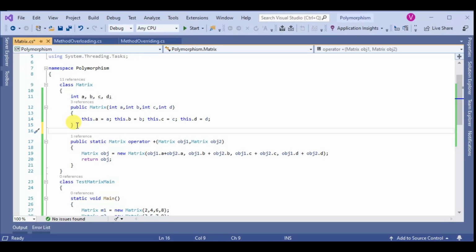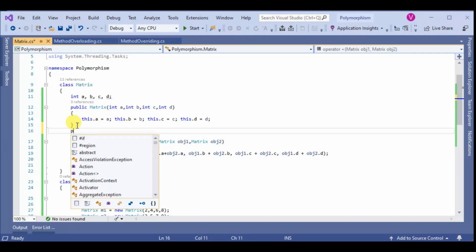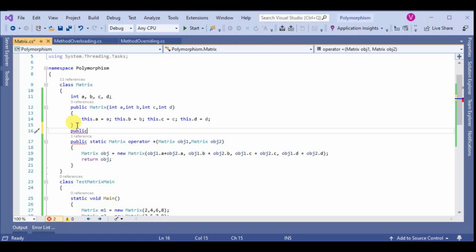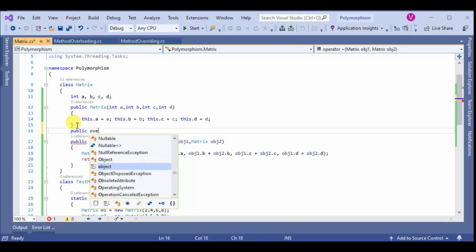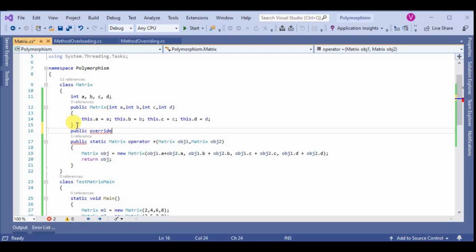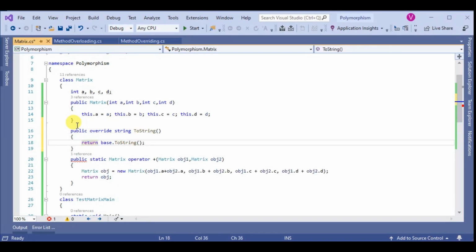So now we fix it by using public override string ToString method.